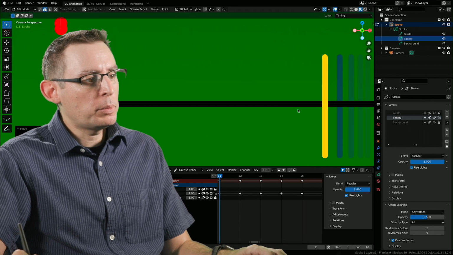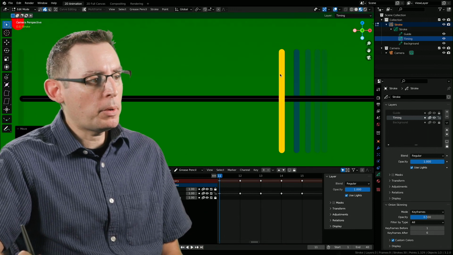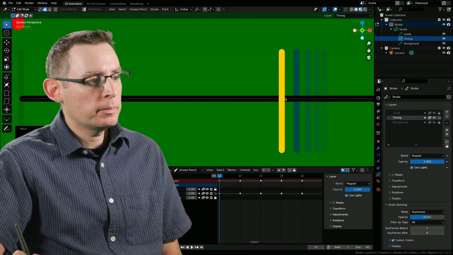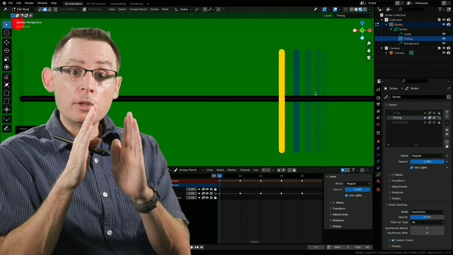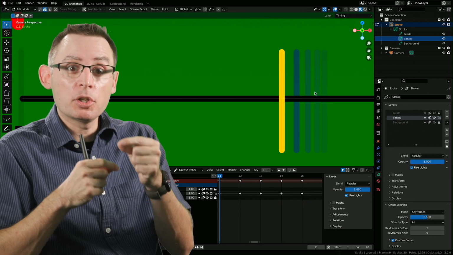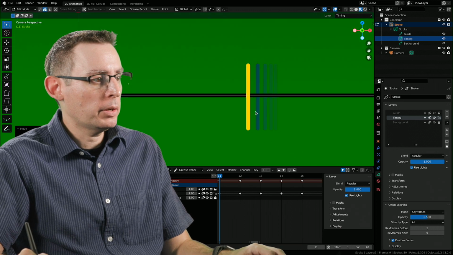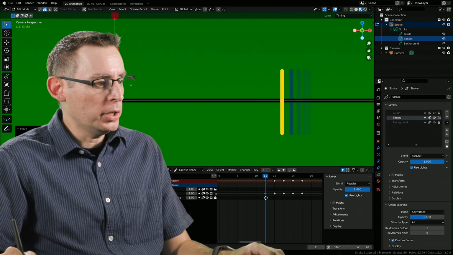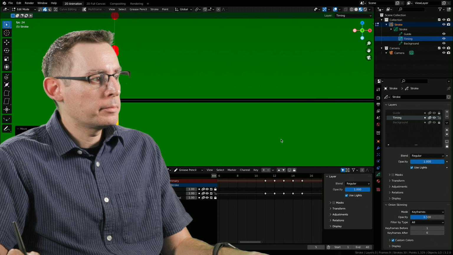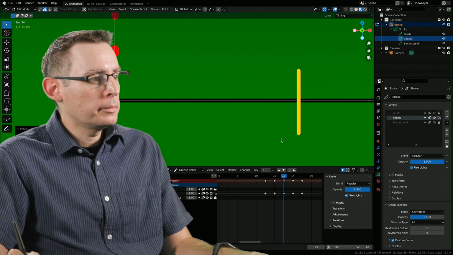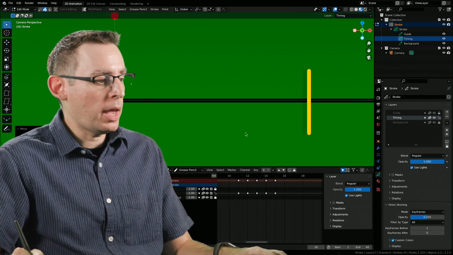Now, if you look at the distribution here, look at the onion skinning. I think this is really going to help. We can see where the ball is going to be on frame 11. As it gets closer to the apex, the spacing in between these ruler markers gets a little bit tighter, which is going to represent the idea that it's starting to slow down. All right, I'm liking that. That's pretty good. Let's play it. Yeah, I'm digging that. Let's do the exact same thing on the other side of the apex of our curve.